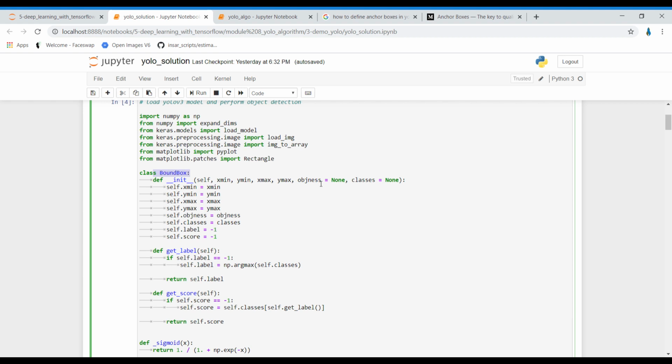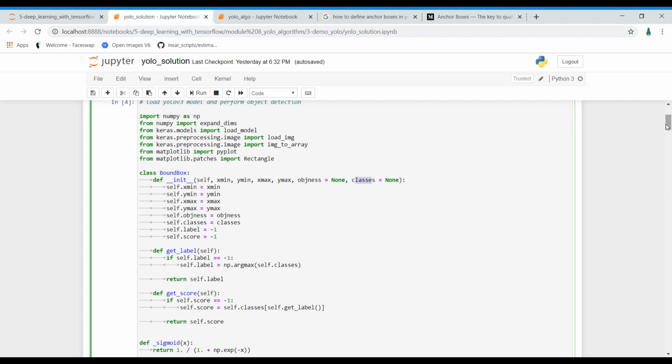If an object is detected in a cell, the classes variable is responsible for showing the class name. Then we have a function called getLabel, which shows the class name, and the getScore function, which shows the probability score for that class label.